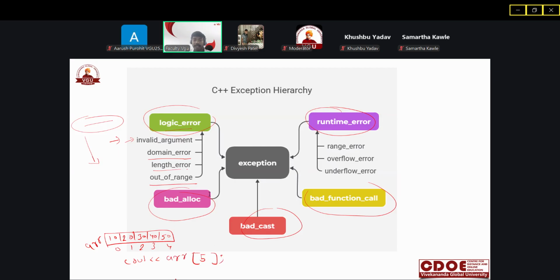But observe that there is only index 4; memory is allocated till index 4 and there is no index 5. So we are trying to access an array element out of range, and it will give an out of range error. That is also a logical error. These kinds of logical errors in C++ can be handled by exception handling.